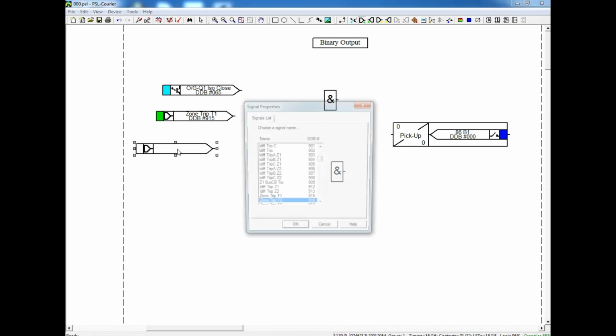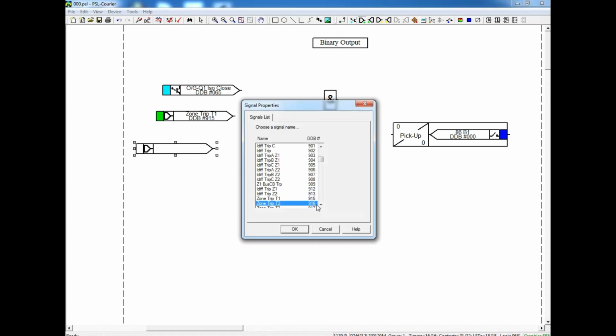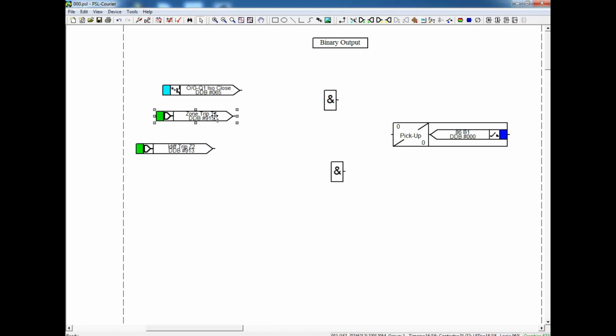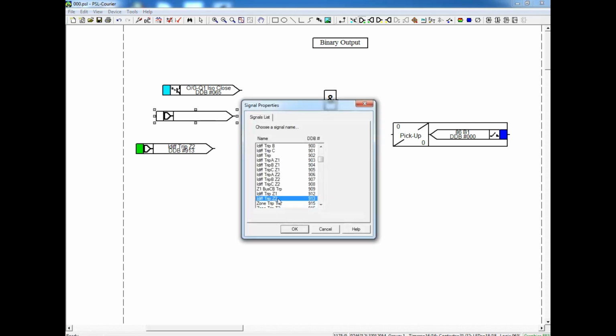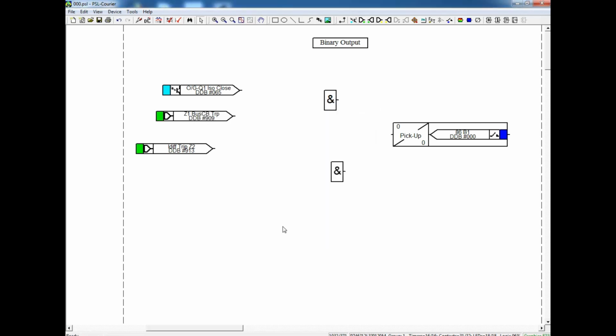If we get trips, our outgoing breaker has to be open. For that I am going to make an OR gate. The relay internally itself will check the isolator status in a fault condition, and only then will it give a trip. But here, for double ensuring, I am making an additional check in the logic. Similarly, I am going to configure all the other outputs.